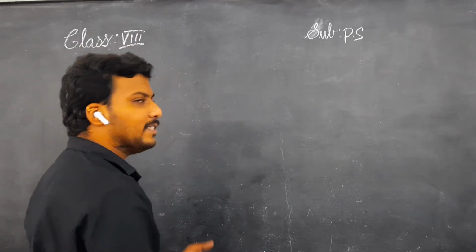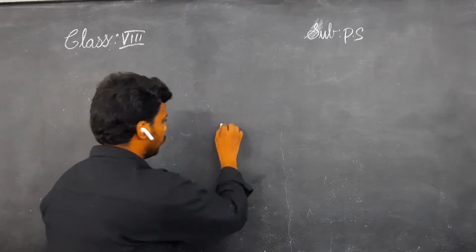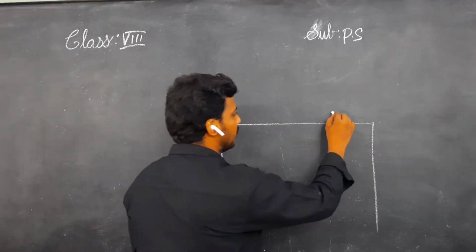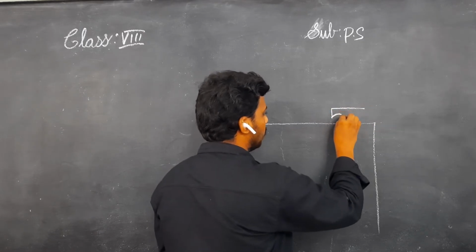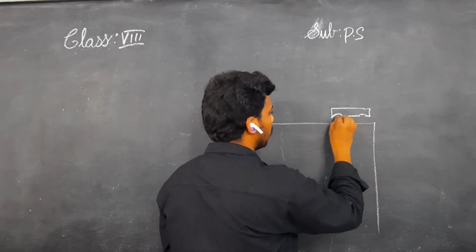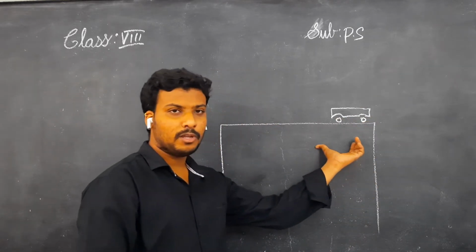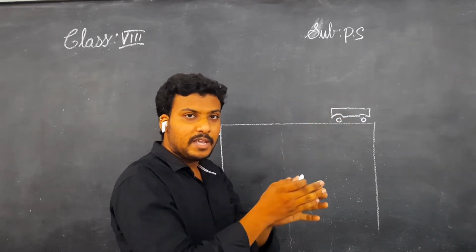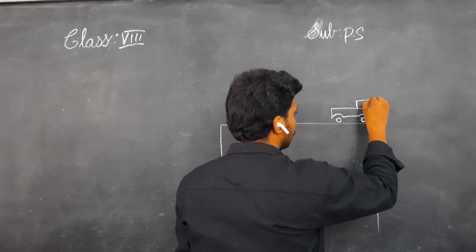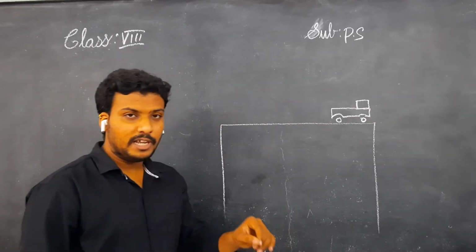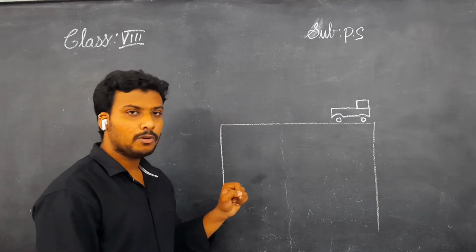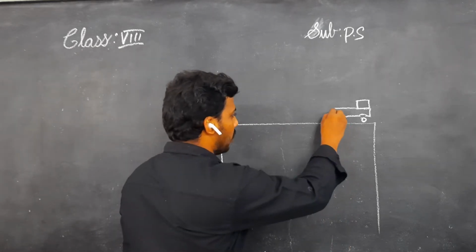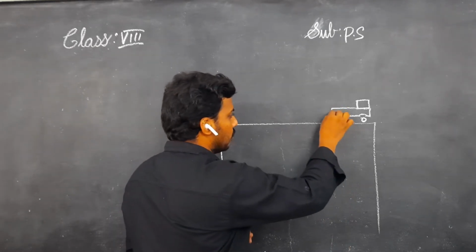Okay, first material, what we said, we require a table. I assume this is the table. I am keeping the toy trolley on the table, children. Okay, children, this is the trolley placed over the table, and on top of the toy trolley, I am keeping a small wooden block, children. And right now I am taking inextensible string. One end of the string should be connected, or give a knot, to the toy trolley.